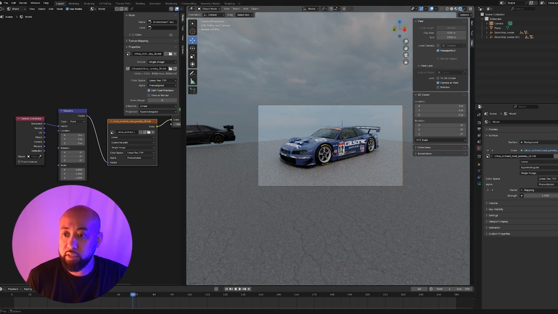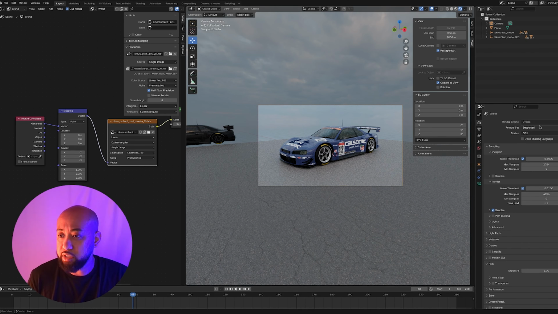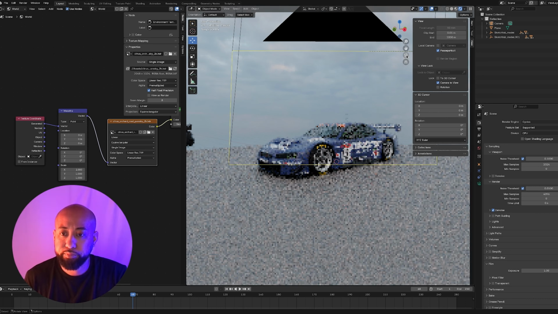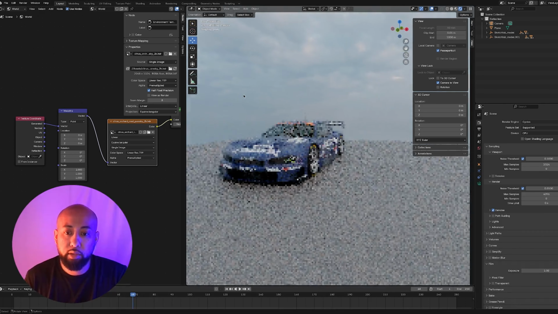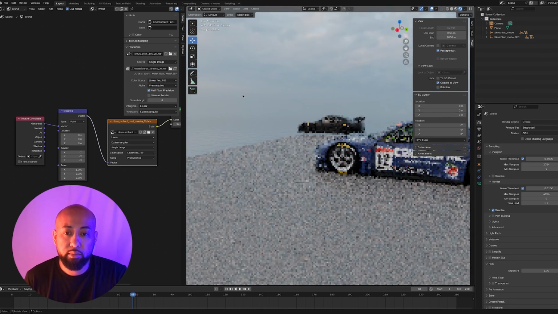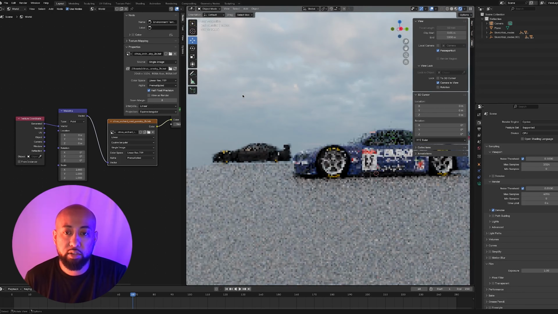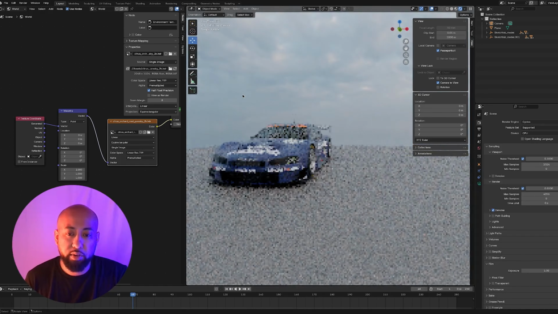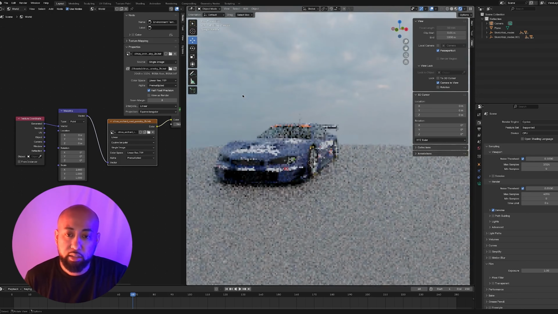I usually use Cycles instead of EEVEE. I like Cycles. It's a little heavier on the CPU, but the lighting is a little bit more realistic. And so you can see the HDRI kind of wrapped around the whole scene. So that's the lighting information. This is the HDRI that I picked. It's a very basic sky scene, and then